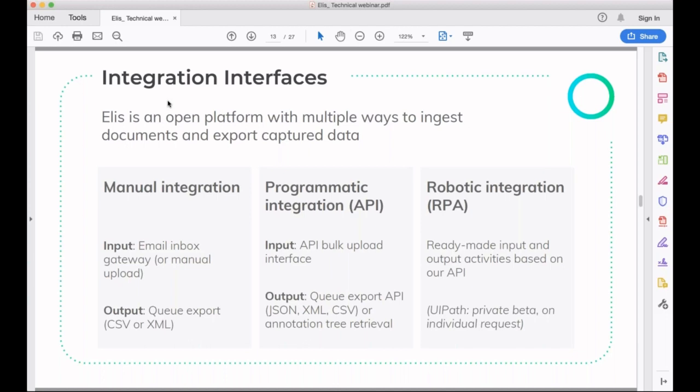The third option, if the completely manual workflow isn't a good fit for your process, but you do not want to write a completely custom software either, is using robotic integration, RPA, robotic process automation. If you are familiar with the RPA space, there is a couple of vendors. We work closely, in particular, with UiPath and Blue Prism, and you can just write activities in the RPA platform